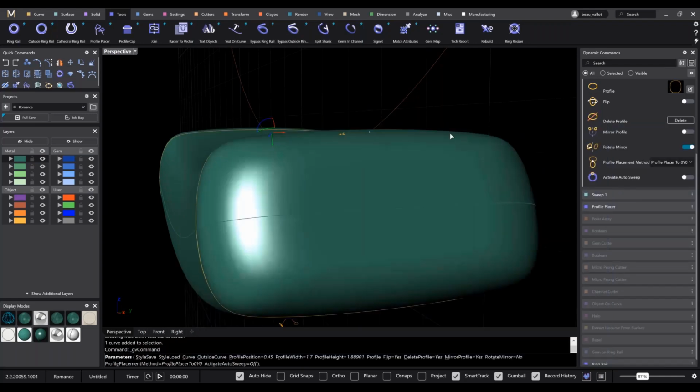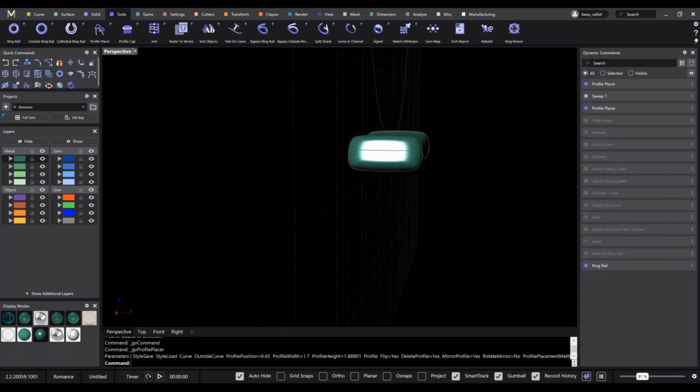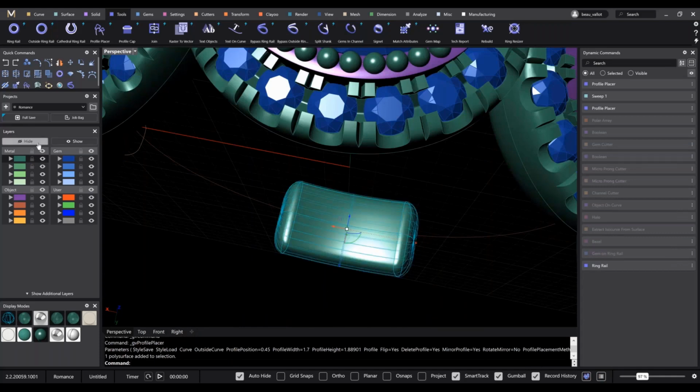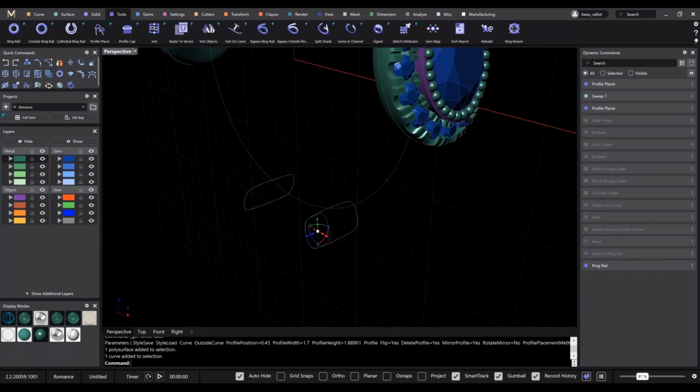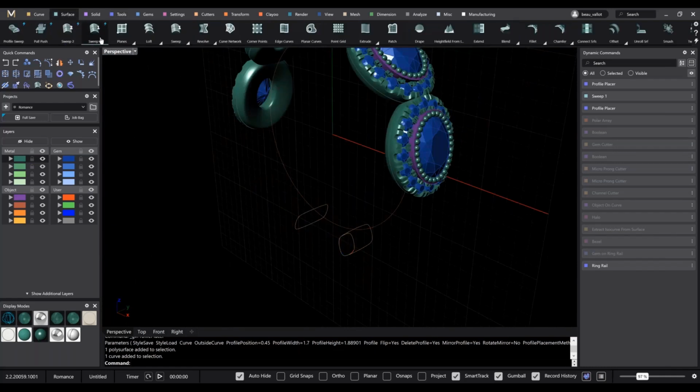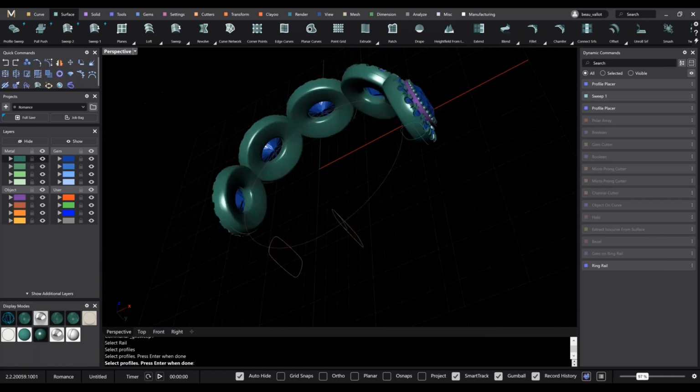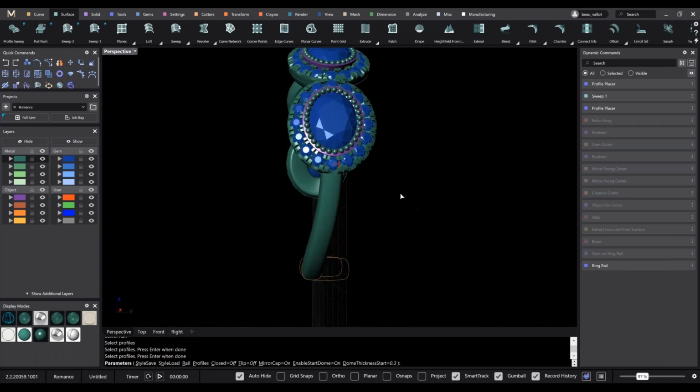Okay, close enough. And right click. So we need to complete the sweep. Go to surface, sweep 1, curve, curve, right click,